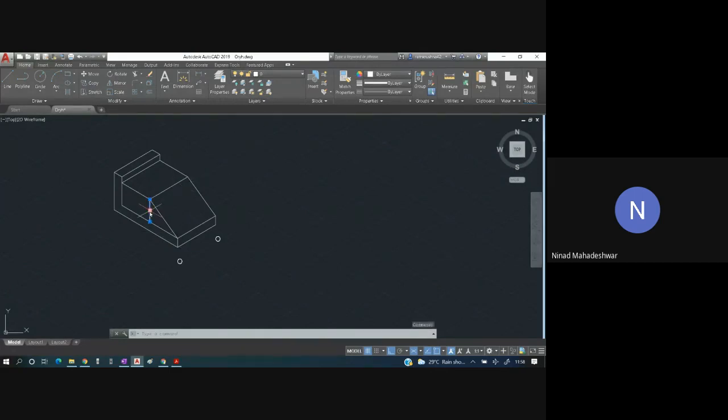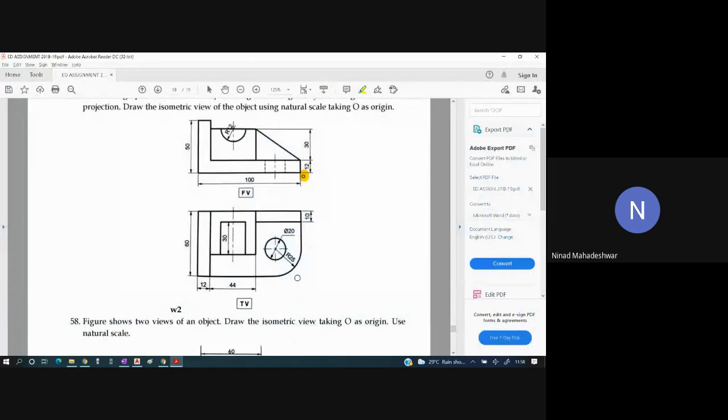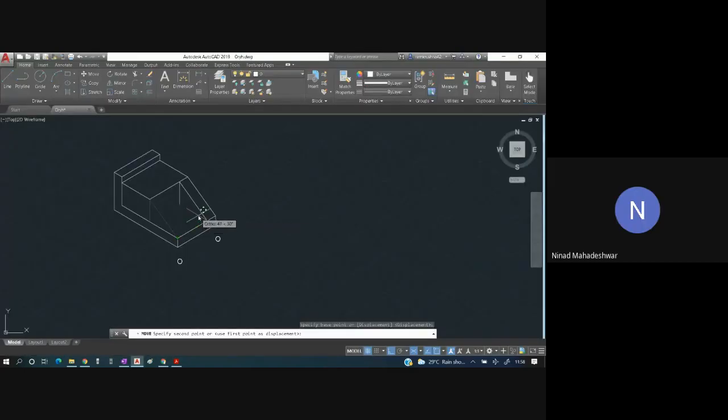This is 1, 2 and 3. Now this third line will not be selected. 1 and 2, what are we going to do? Move. We are going to move from here towards the right. By how many mm? From this end you are going to move till here, how many mm will you go? 10? No, not 10 mm. 40? 50. Sorry, 50. Is that clear? So from here you will go towards the right by 50 mm.